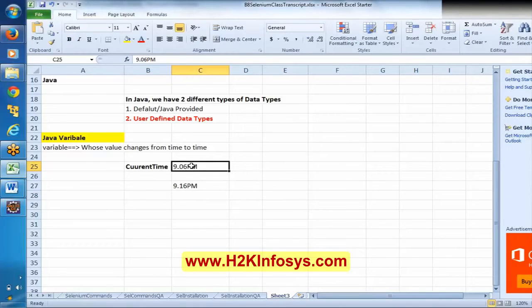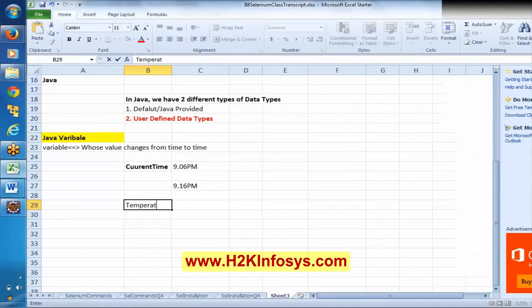Let me take another example, temperature. Temperature is a variable.